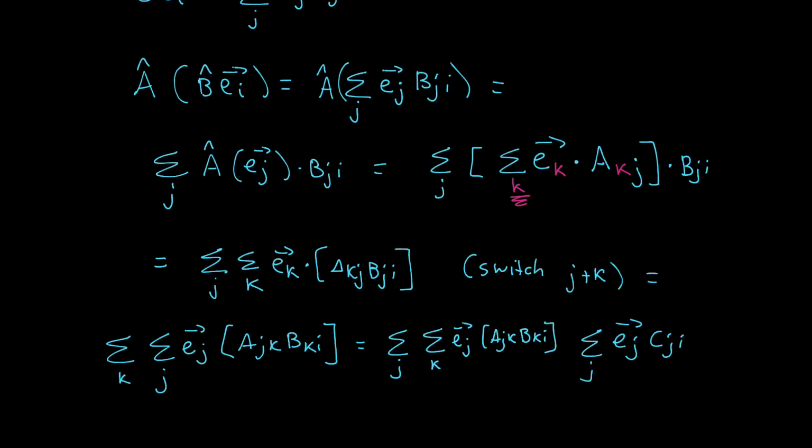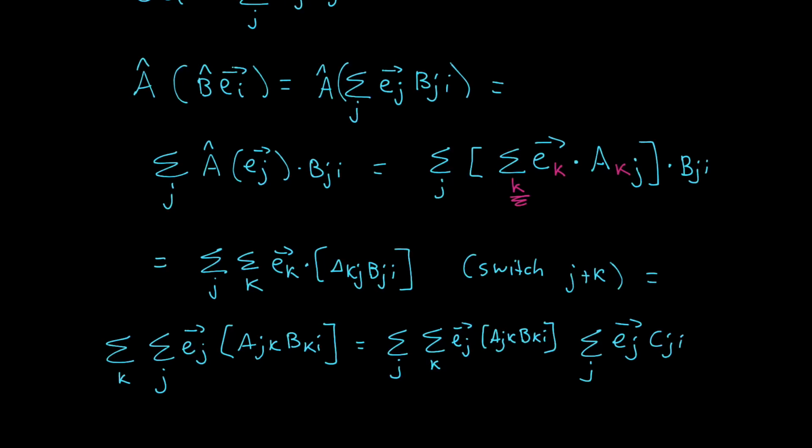And since j and k are dummy indices, you can switch j and k to get the sum over all k, sum over all j, e_j, A_jk, B_ki,